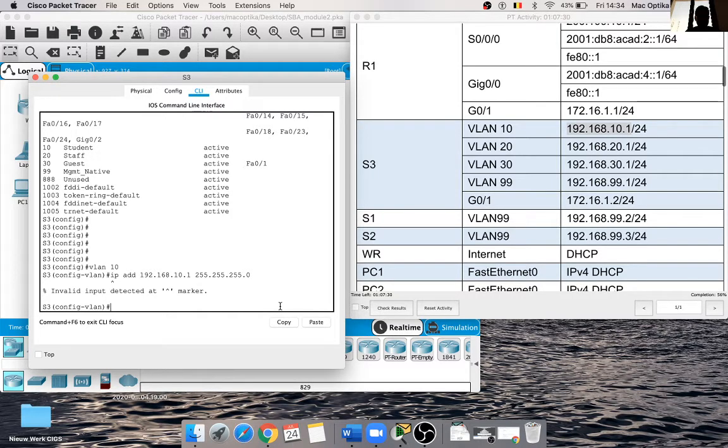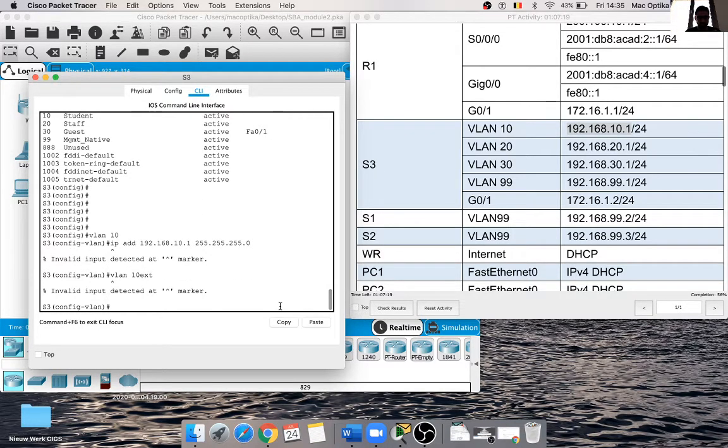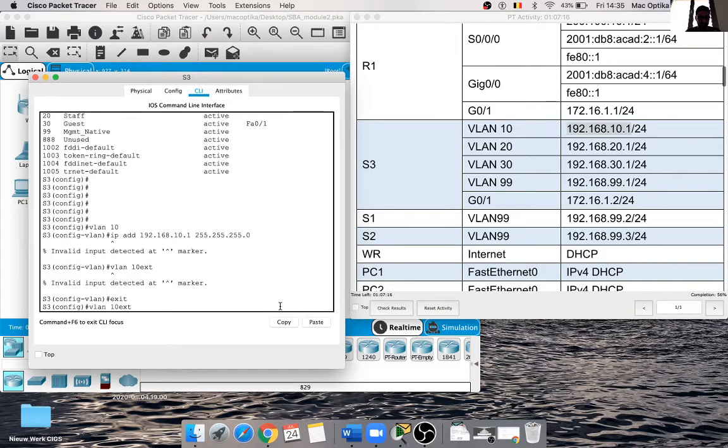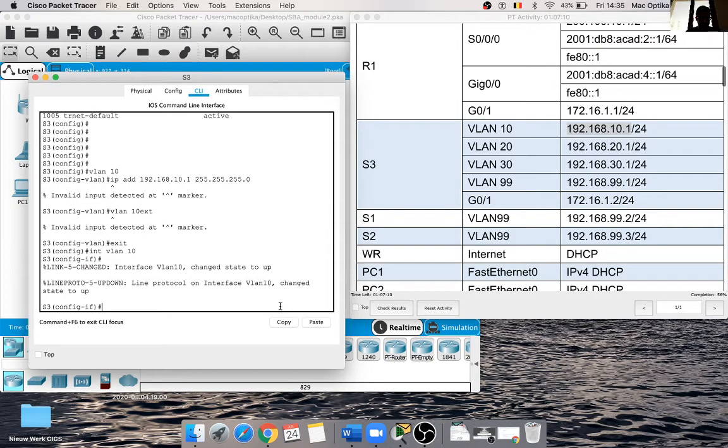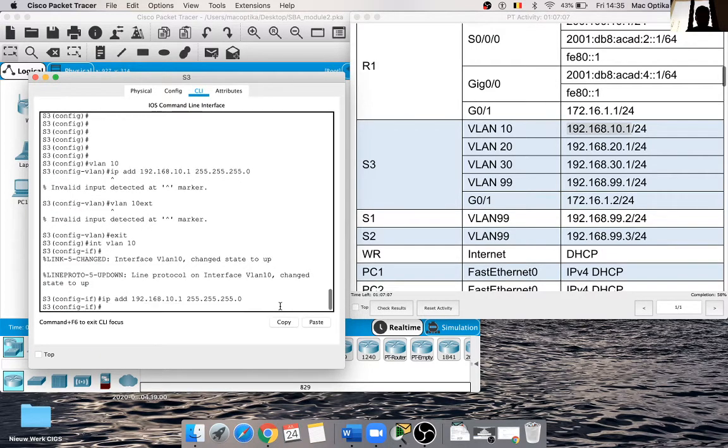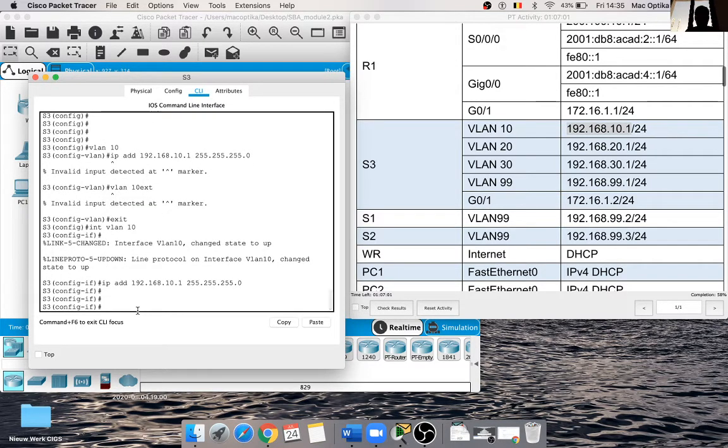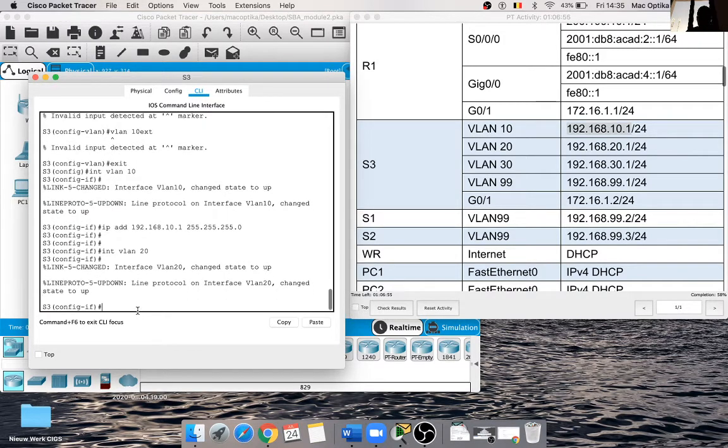What is this? Sorry, exit. So exit interface. Okay, so do interface VLAN 10, this one. Okay, perfect. From time to time, check Discord please. Then we have the interface VLAN 20. It's 20 here. If you check it here, it's 20. Okay,